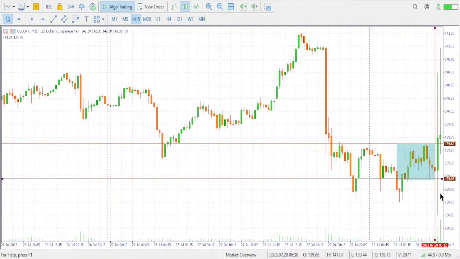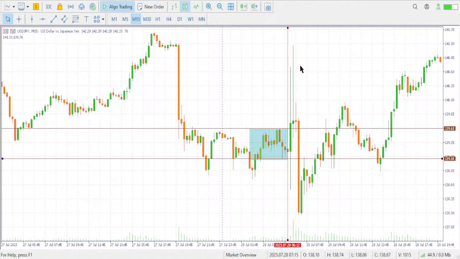I don't wait for price to get 50 pips if I don't know exactly what will happen, because in most cases the news will spike up and then spike again down. So if you say, okay, I'll be waiting for 50 pips, it didn't go 50, it went and took the stop loss.